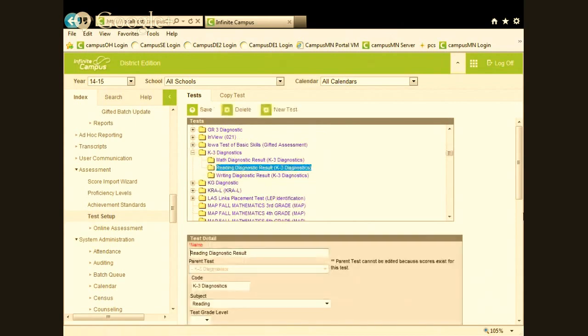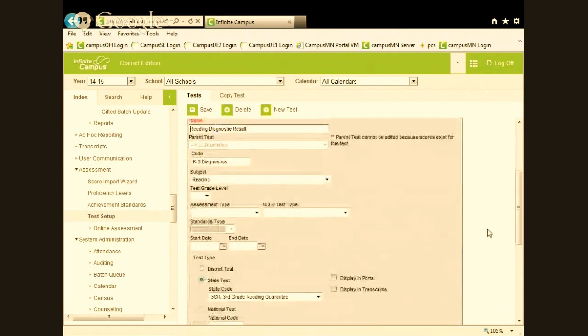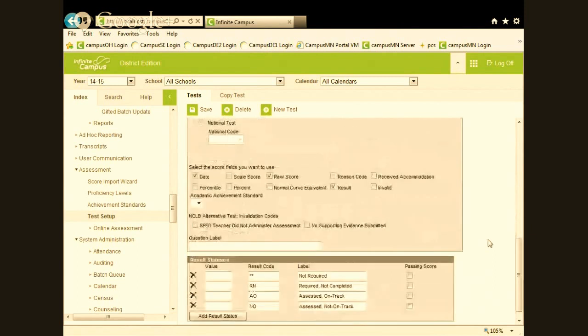So when you build that test, the parent test, you then build the things that you want to import. And then when you get that test file back, it could be MAPs or NWEA, DRAs, whatever, you import that in as a mass group, either for the entire district or for one school in the district. And the import wizard will give you a test so that you can take a look at it, import it in, and then it's available in the individual assessment file for each student.